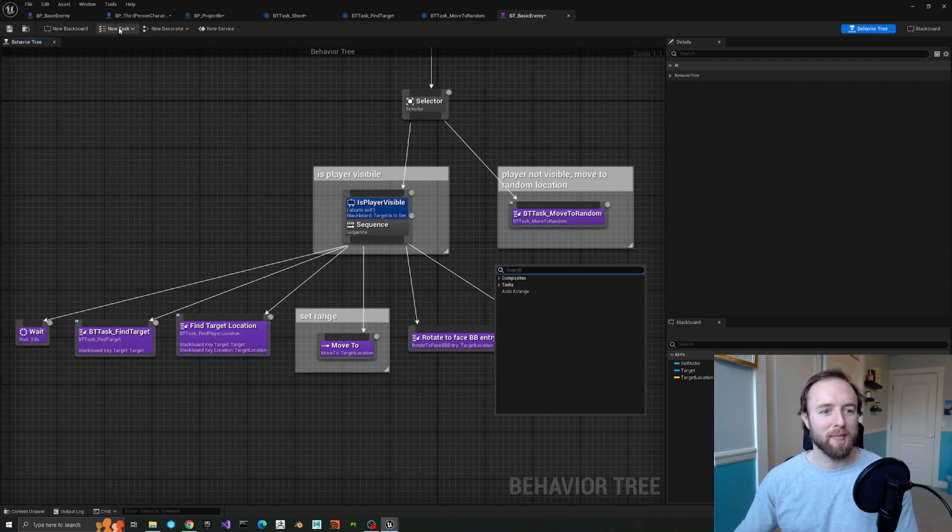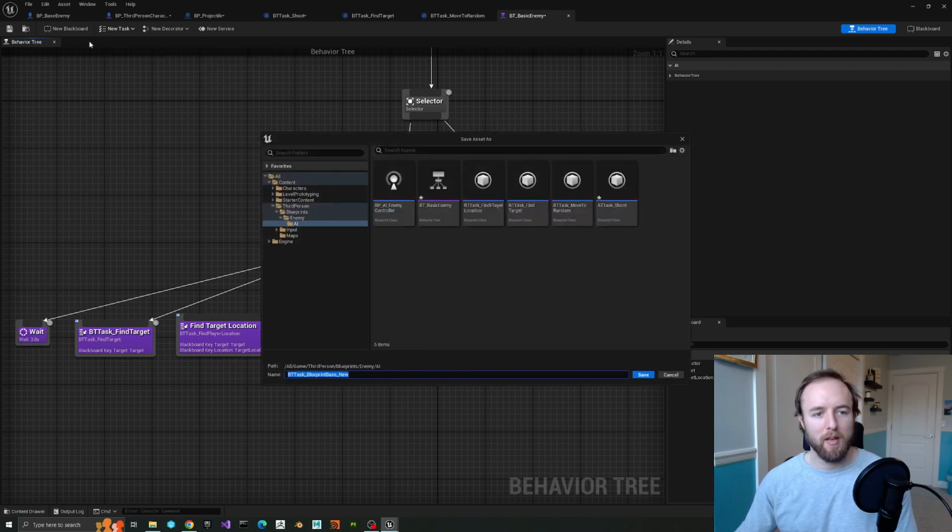New task. We're going to look at player. I usually don't do this. I like to go in there and type it out manually, but it's easier to do it this way. I should change my ways. Okay, let's say VTD task is player visible. I don't know if that's a good task. That's more like a service name. That makes me feel like we're returning a Boolean value. Let's say